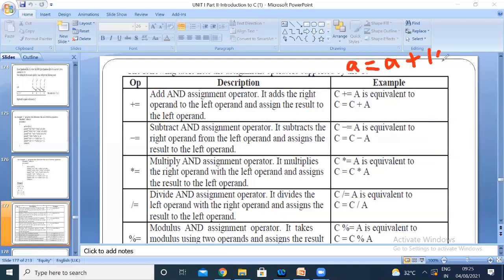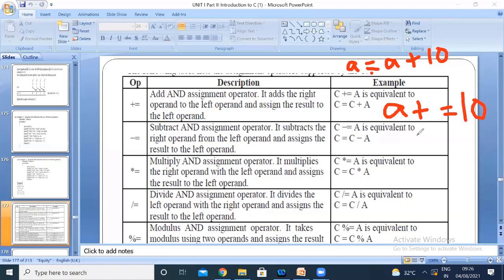If you are having the name of the same variable before and after the equal sign, you can write A plus is equal to 10. You can write like this.